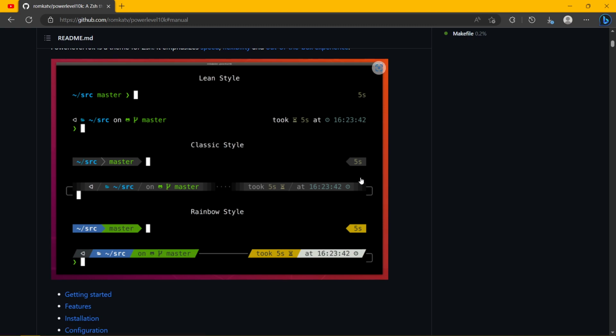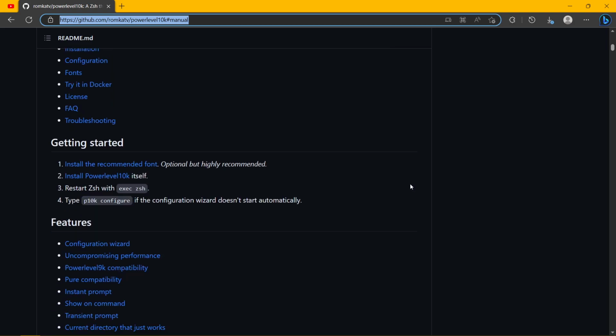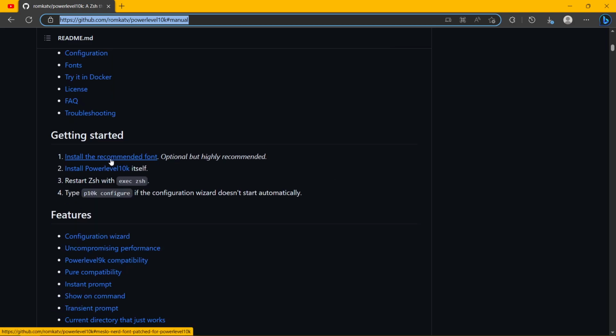First of all, you go to the page, which I'm going to link in the description. So let's look at how we can actually install it. First of all, you should install the recommended font